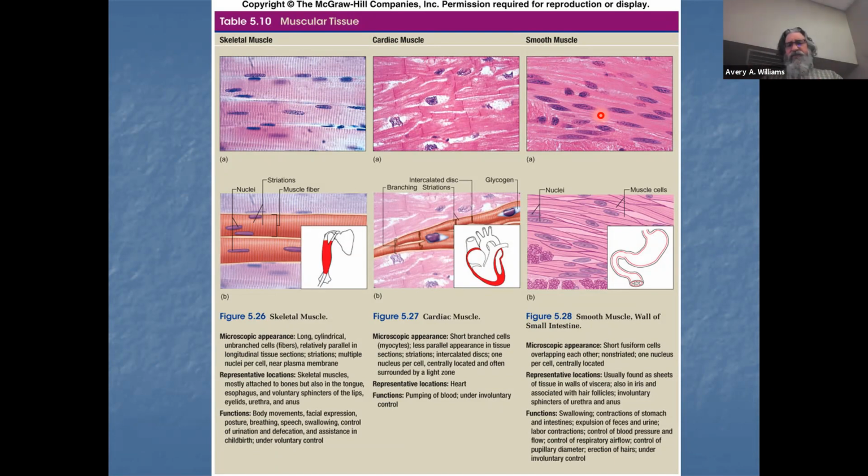But smooth muscle, you can distinguish it from the other two. Well, it's uninucleated, but it's non-striated. That's pretty unique. Long tapering cells, broad thin sheets in the walls of your hollow organs. I guess you could say your heart's a hollow organ, but it's got cardiac muscle in it. But this stuff,